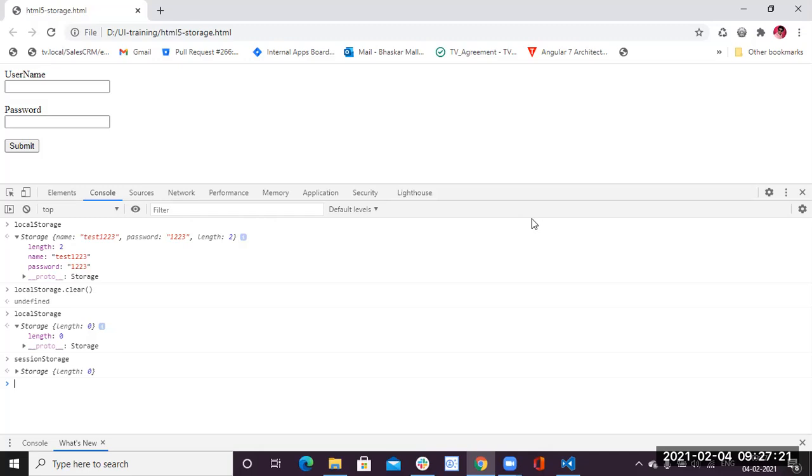Then the lists. We saw the ordered list and how we can use it in multiple ways, like numbered, Roman numerals, and alphabetical lists. Next, we saw the importance of divs and how we can design a website in HTML and HTML5. And next, drag and drop, geolocation, audio and video elements, and local storage and session storage.